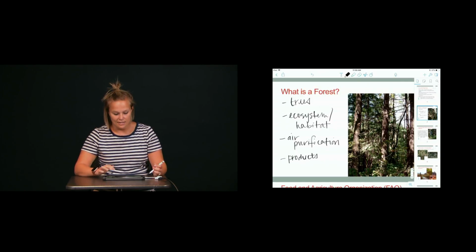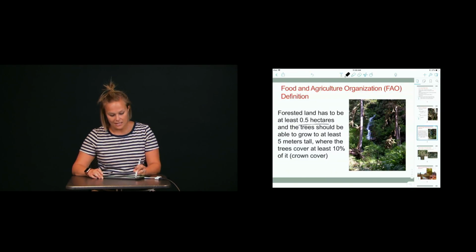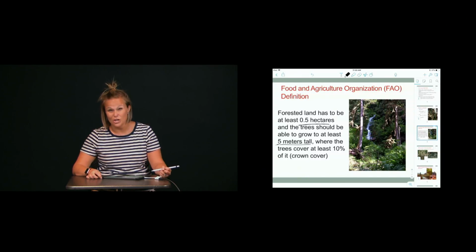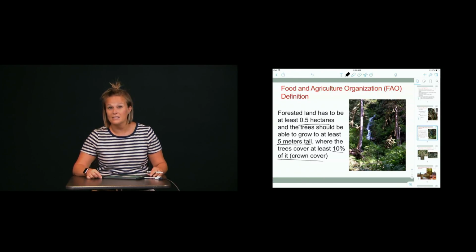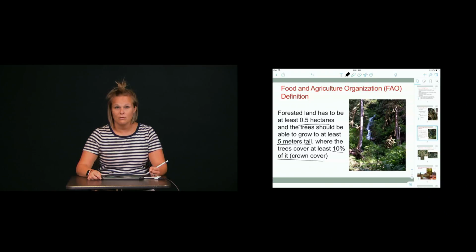So in order to standardize this, FAO, or the Food and Agricultural Organization, was able to provide one definition as to how we should consider a forest. The first piece to highlight is this: it is at least 0.5 hectares. That breaks down to about 1.2 acres, and it's a particular size. The other thing to notice is this 5 meters tall component. So 5 meters tall is a particular height. And then lastly, this 10% of it is crown cover. What we mean by that is there's 10% of canopy cover, or the amount of light that's getting through to the bottom. So those are the three pieces that we should keep in mind moving forward